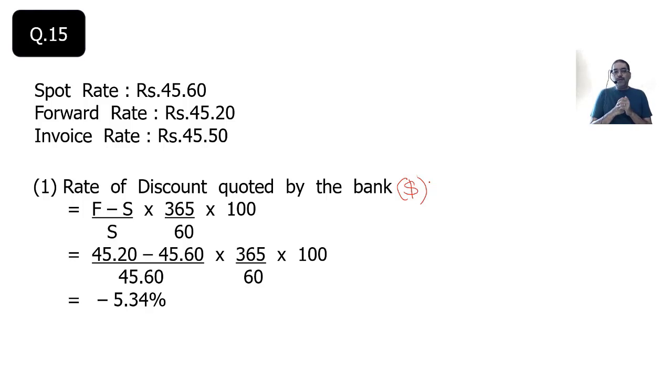Now, second part of the question was to calculate the probable loss of operating profit. Since we have entered into a forward contract, the forward rate is going to be applicable for us, that is 45.2, when we are going to receive. But invoice value was how much? 45.5. That means there will be a loss. So what we are comparing now is not the spot rate and the forward rate, but the invoice rate and the forward rate.